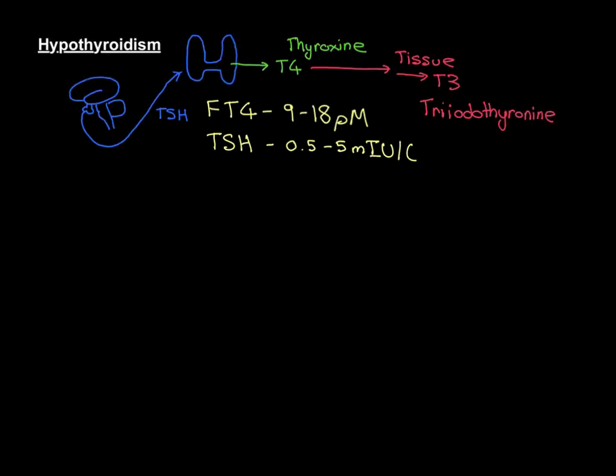So that's what hypothyroidism then is. It's going to be too low free T4, so less than 9, and you'll probably have an elevated TSH, so you might have a TSH above 5. That's the classic picture for hypothyroidism. Low thyroxine, elevated TSH. Now, let's talk about some of the causes then for hypothyroidism. So there are 3 major causes for an underactive thyroid that I'm going to talk about. There are, of course, loads more that you could go into, but I'm going to talk about the 3 major ones. So, number 1